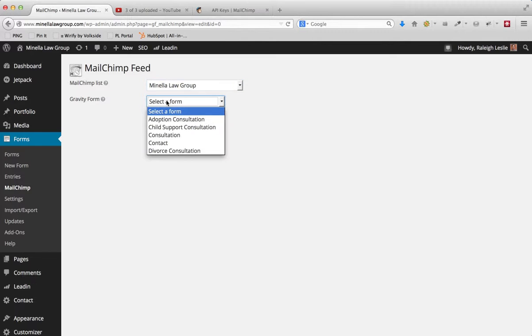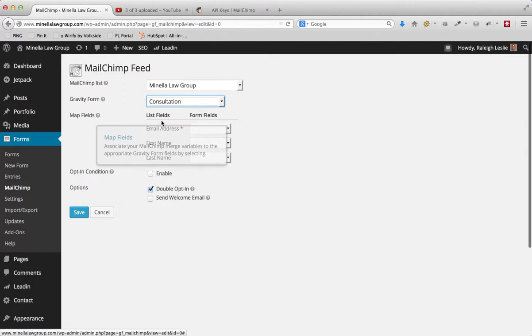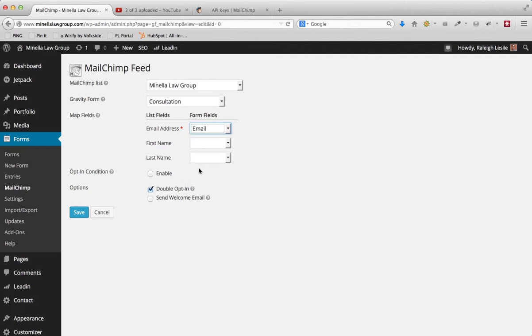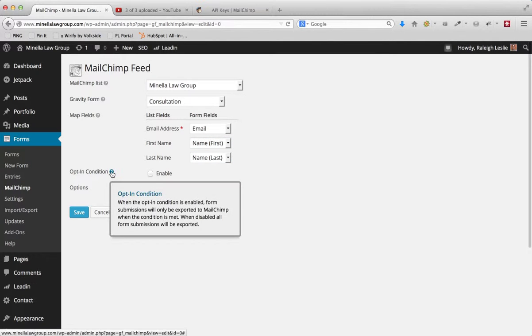Then you want to select the corresponding Gravity form that you've set up. Here we are, consultation, generic list. Then you just have to map the fields, and this should be painfully obvious. Email address is going to be email, first name is first, last name is last, and opt-in condition,